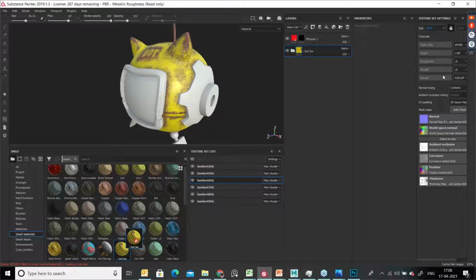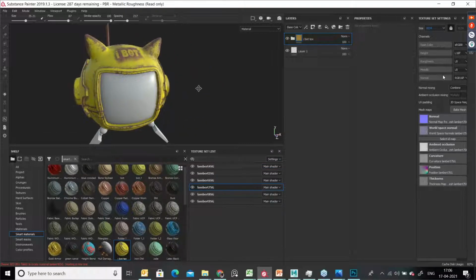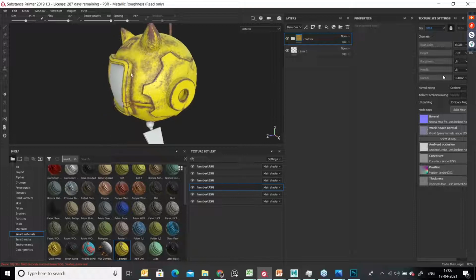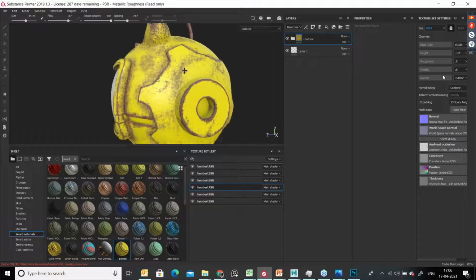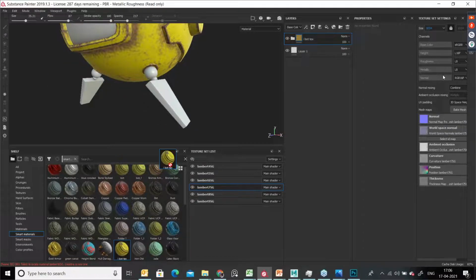Now I can just drag and drop it on this geometry. I can get a nice output over here on the geometry. Select this and try to drag and drop it on the frame. It's perfect. See here, now everything is done. So if you want to add more detail, you can add detail over here. Even this floating gear, we need to apply texture.